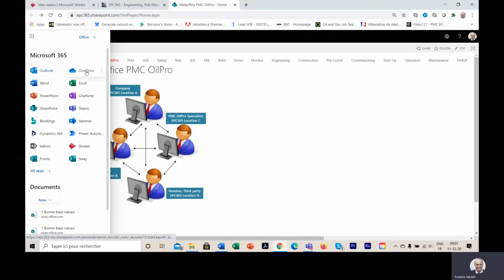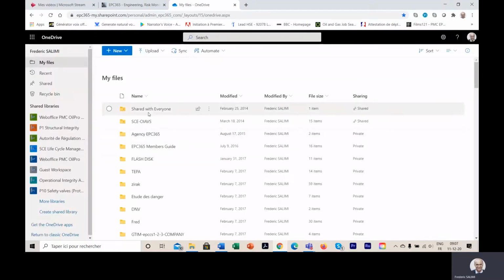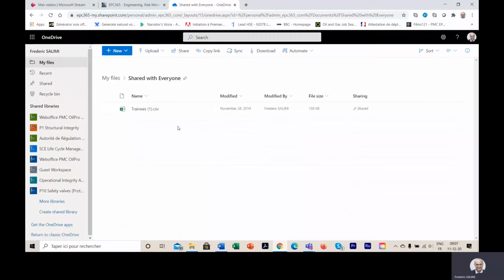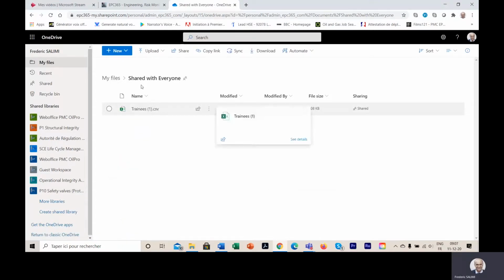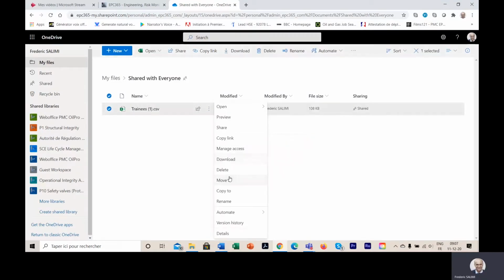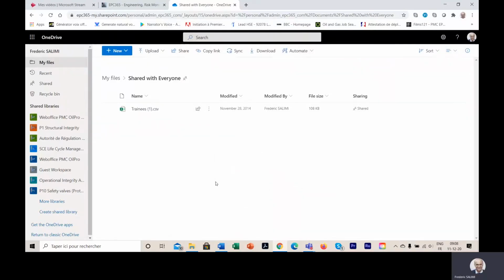All of our experts have access to the web office, the OneDrive. This is my OneDrive. For example, this one I share with other people, and the other things are private. You can create a folder. When you open the folder, you can upload the document and then share it or download it, etc. One of the good things about Office 365 is that, for example, this is an Excel file, and all the people who have access to this web office can work on this document and update it all together. It will be saved